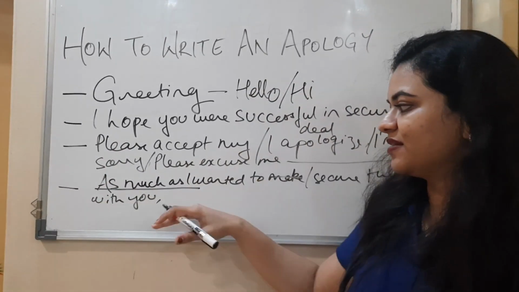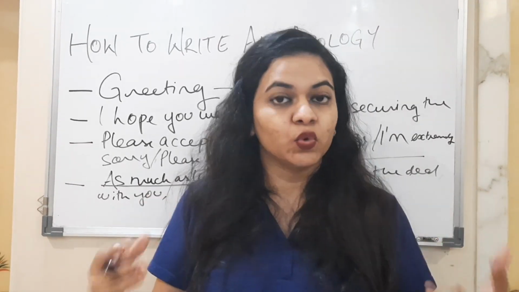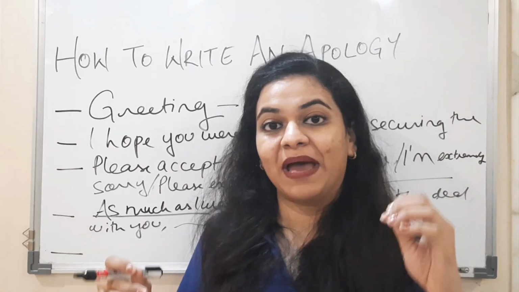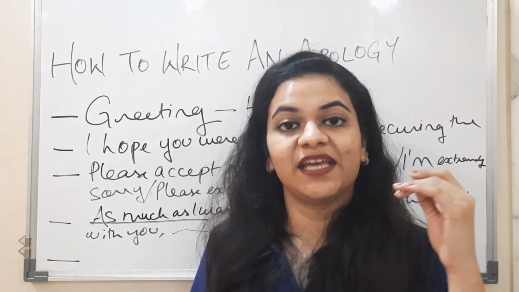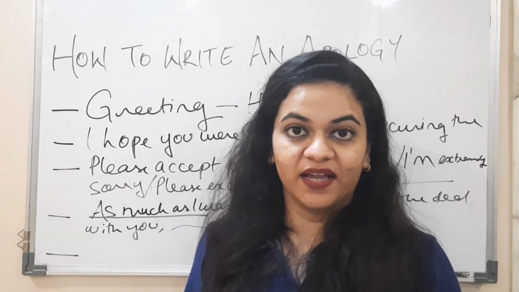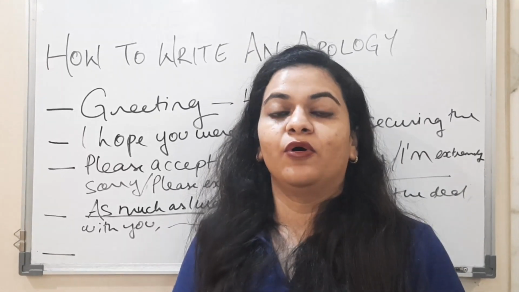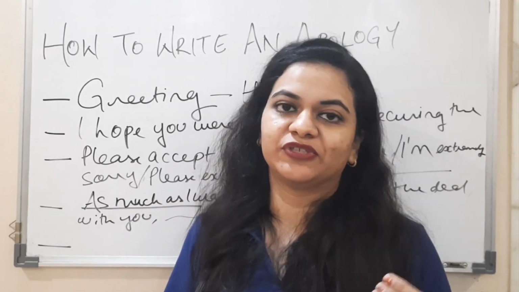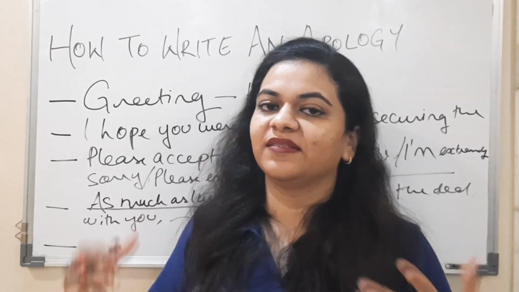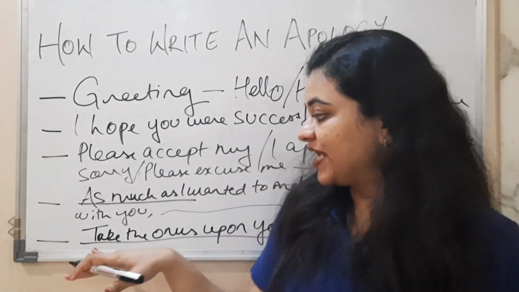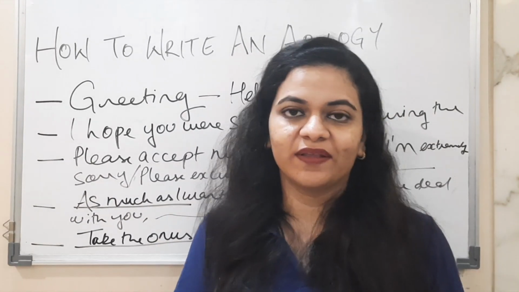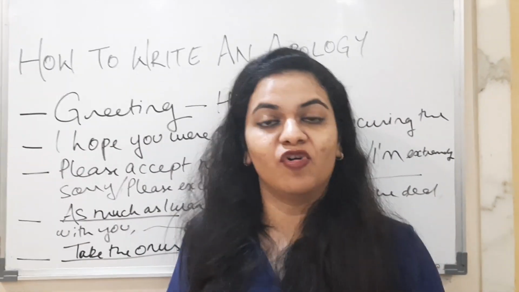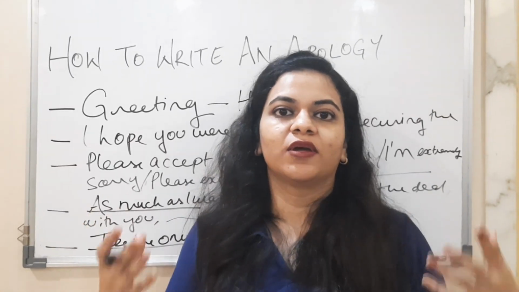So once you are done writing that, you can state the reason for your absence. Use this sentence to talk about how bad you feel for not being around and take the onus upon yourself, for any inconvenience you may have caused, or for the outcome of the meeting. So it's just to show your consideration towards the other person. In this case, it's your boss or your senior. Take the onus upon yourself. Try doing that. In this case, it would be very considerate, since you are retaining a formal touch. You're trying to be a good employee.